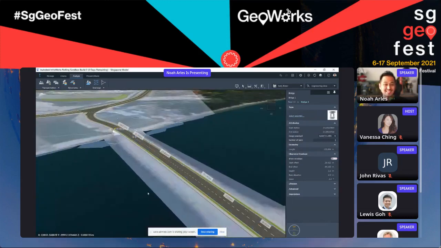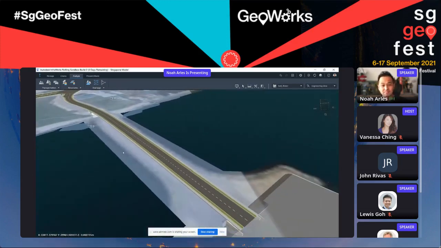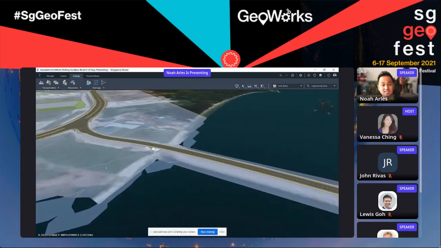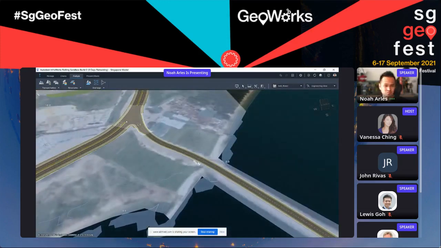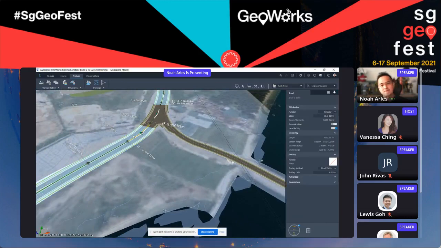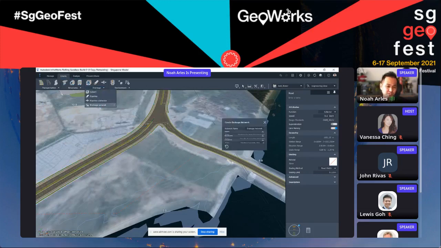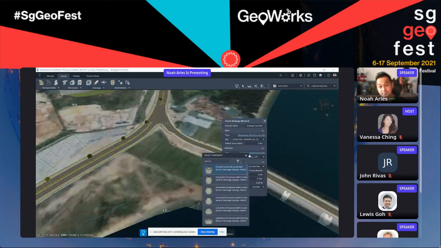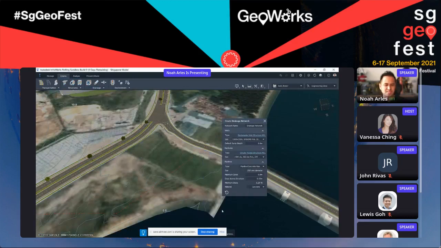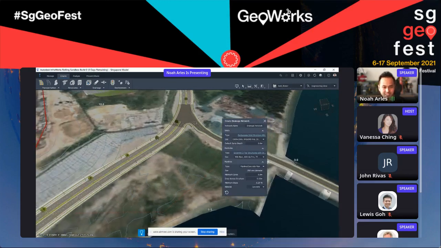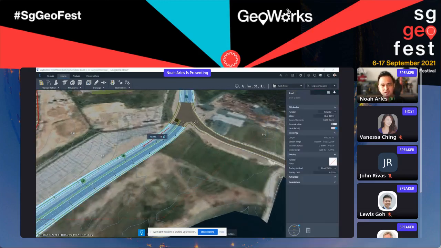Structure. So what we did there was, by using graphical commands, we were able to specify the beginning and the end of a bridge section. We'll go back to that bridge later on. Maybe we want to manage the surface runoff for rainfall. For every road that you construct, you'll have to manage the surface runoff by maybe putting in some manholes and drainage pipes. And we're doing that interactively on the screen.